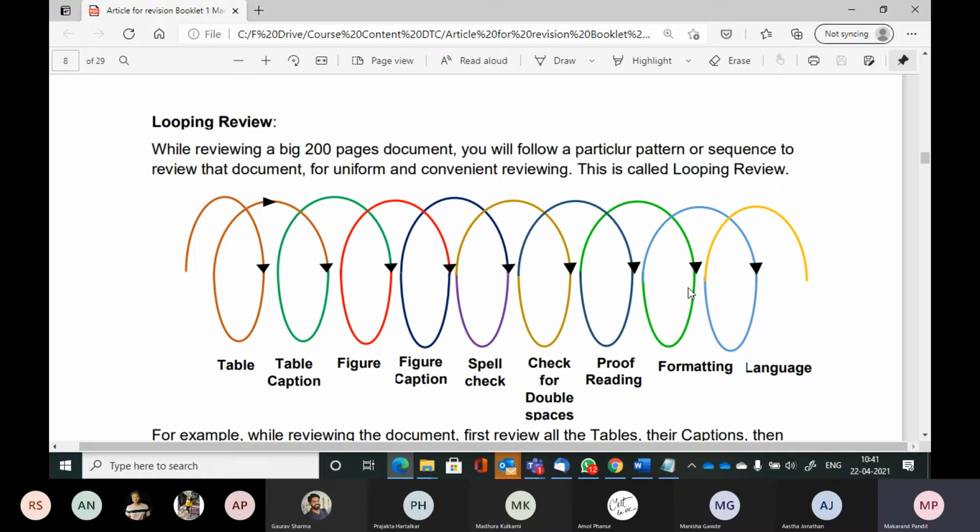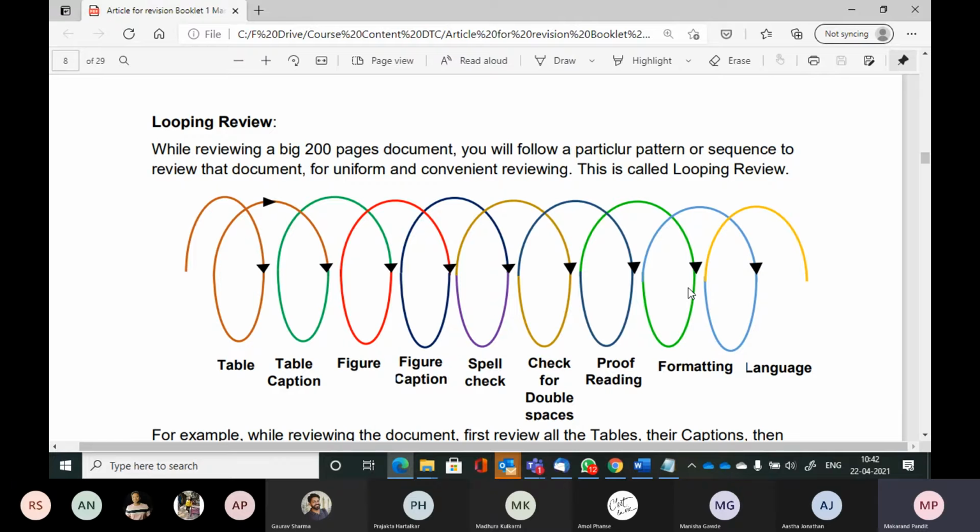Because while you are doing review, by default, the human mind jumps here and there a lot. In fact, in the Vedas, they have given the example of the monkey to the mind. They always say it's the monkey mind. The mind is very unstable. It keeps on jumping from one place to another, just like a monkey keeps on jumping from one tree or one branch to another, your mind keeps on jumping from one thought to another.